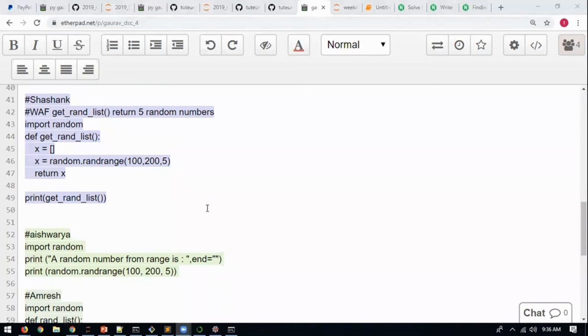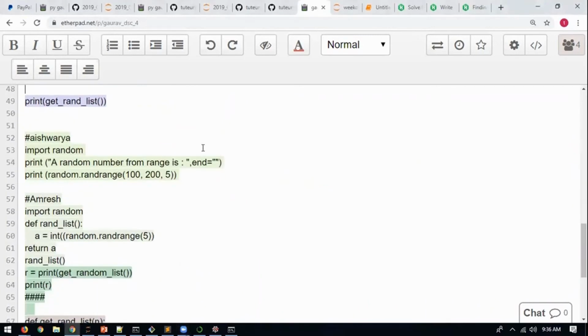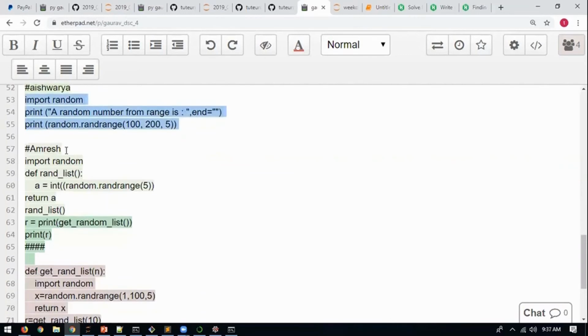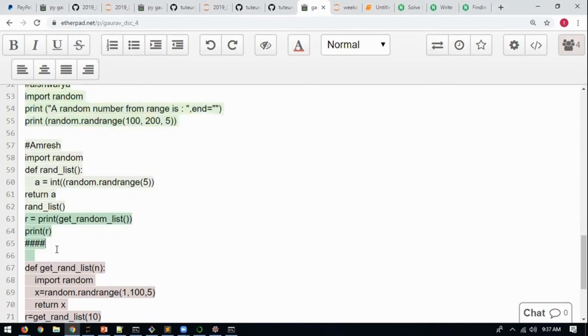Can you paste the fixed code? Would be great. Okay, Aishwarya. I'll see your fixed code by Monday then. All right. Amrish, your code. Paste your fixed code.